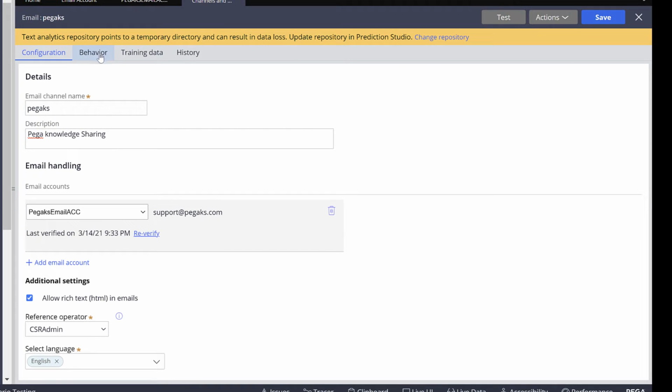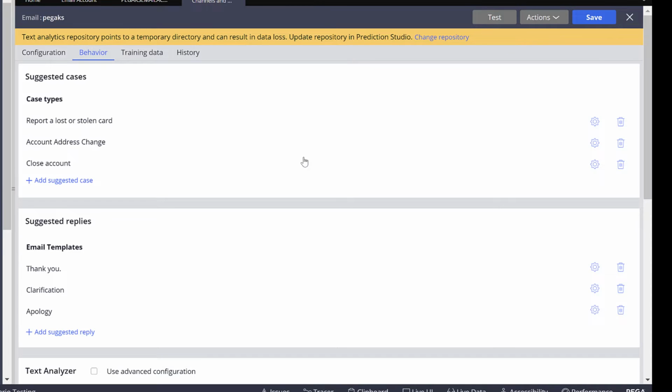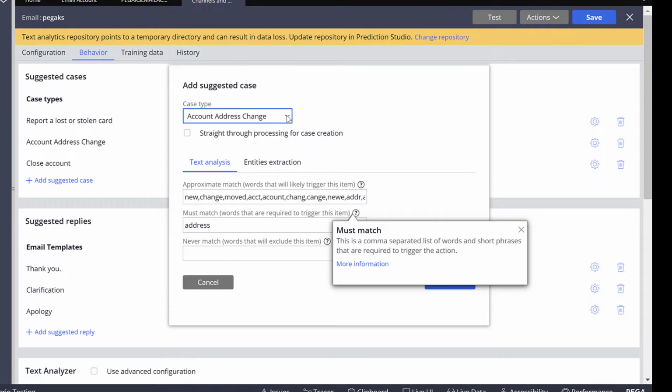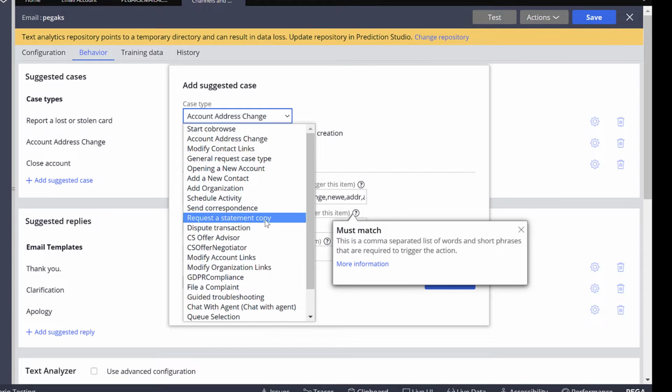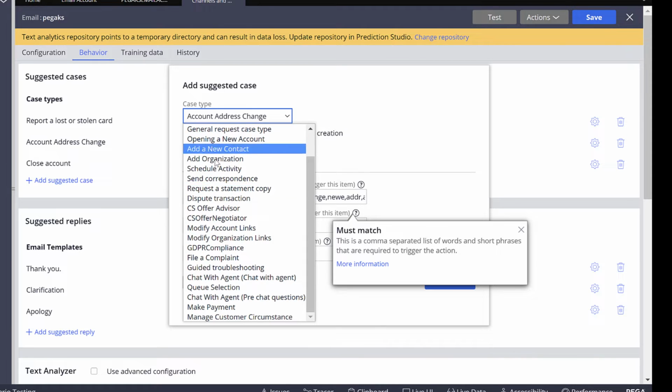Now coming to the behavior tab. This is the behavior tab of your email channel. You can list out your suggested cases based on your text analysis. To configure a text analysis, click the gear icon. In this modal dialog, you can select your various case types. These are the case types which are already defined in your application. Whatever case type you would like to show as a suggested case, you can select that case type.